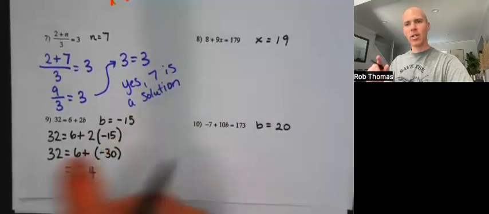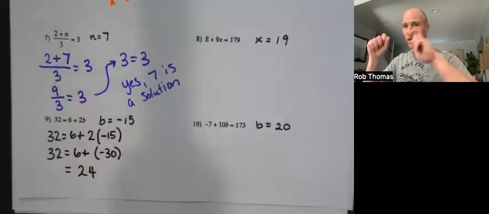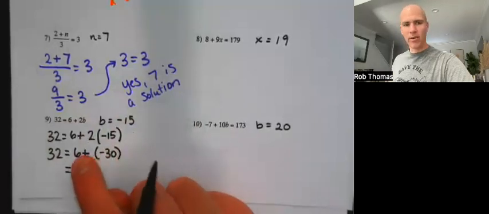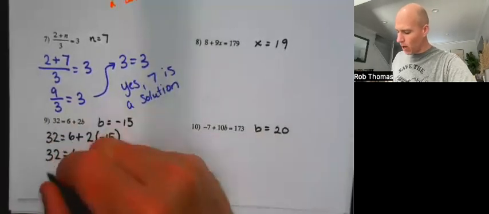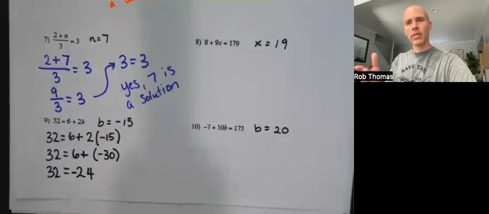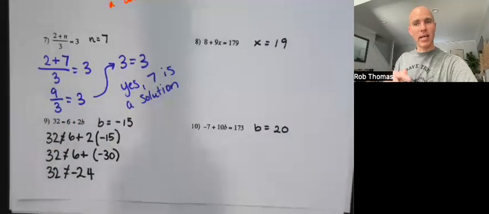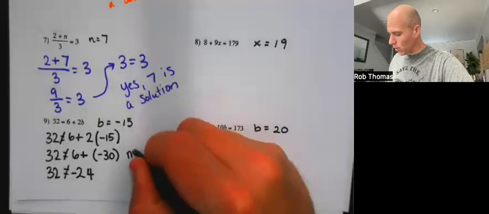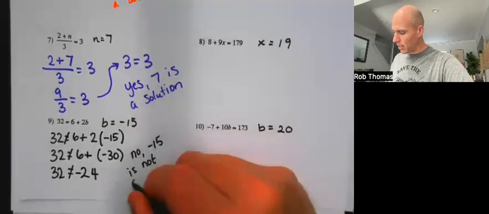But then that answer is either positive or negative 24, depending on which of these numbers was bigger. And when I say bigger, I really mean their absolute value. 30 has bigger absolute value than 6, and it was the negative number. So this is negative 24. So we arrive at this equation here at the end that says 32 equals negative 24. Hopefully you can see that that's obviously not true. So let's cross those equal signs out to say that it's not equal. And let's write a conclusion that says no, negative 15 is not a solution